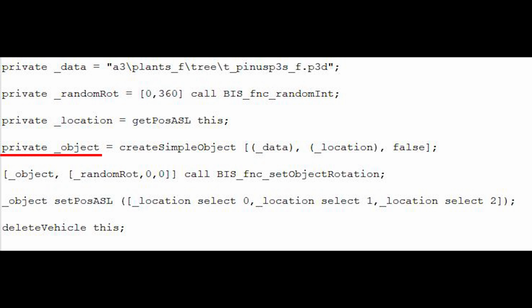This is achieved with the createSimpleObject function, which uses the file directory represented as data, the location, and whether it's to be locally executed, which we have set to false. Part 5 of the code then sets the object's rotation with its pitch and roll set to 0, meaning it will be upright, but its yaw will be set to the random number represented as random_rot. This will give each deployed tree a slightly different axle rotation, so as to prevent all the trees looking the same